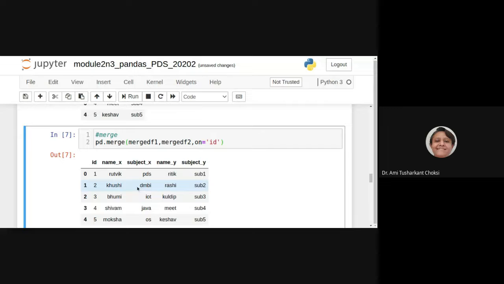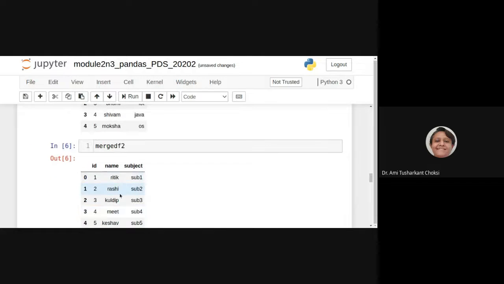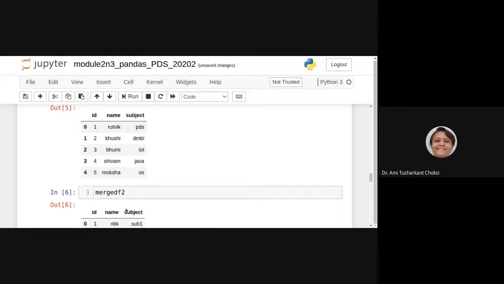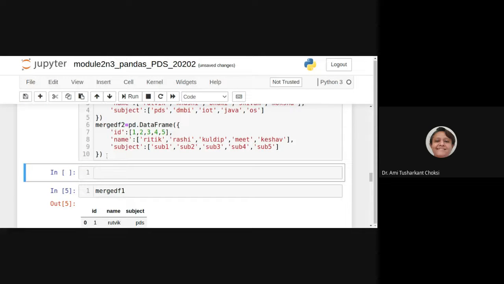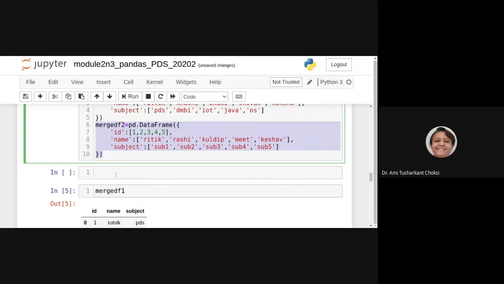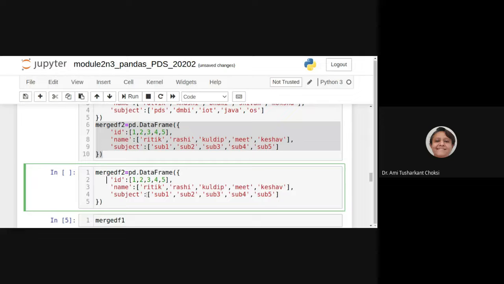Now you may have the question, what if we have different IDs? Let's see that also, because you will be having that question. Let me change merge df2 and give the ID as 6, 7, 8, 9, and let one be common, that is 5.